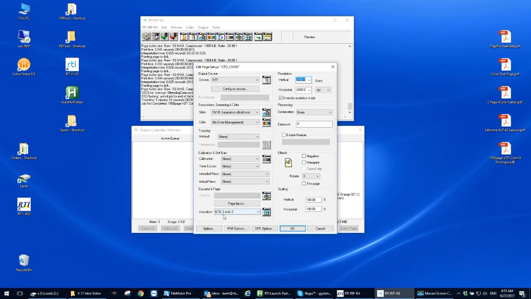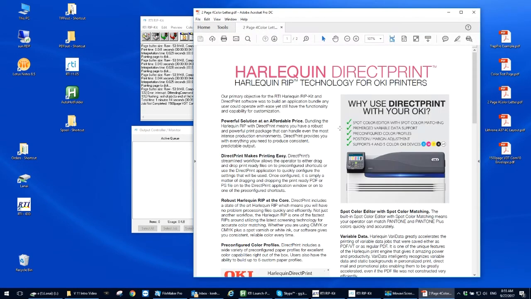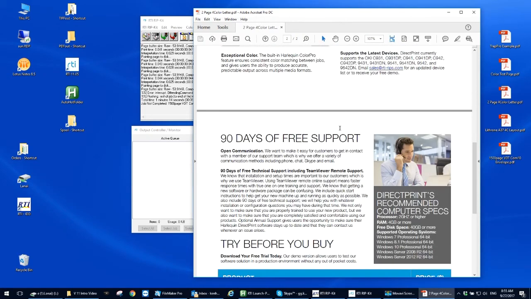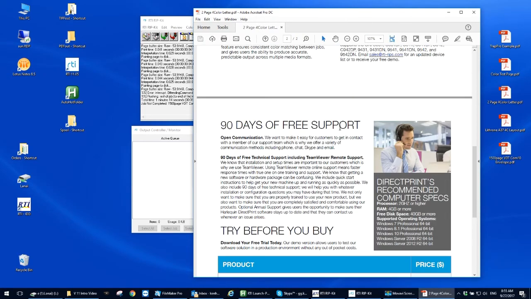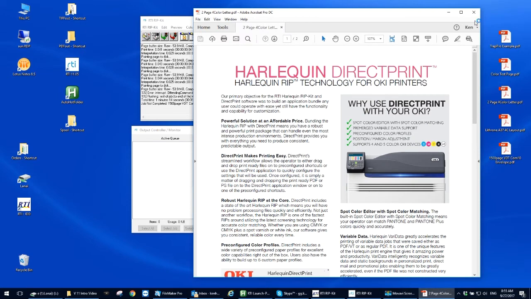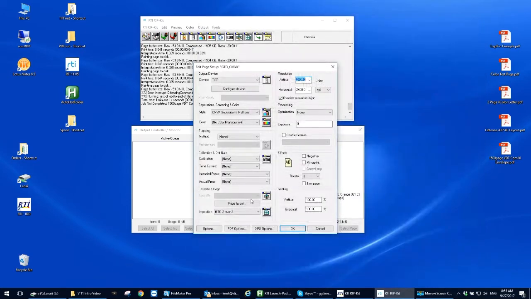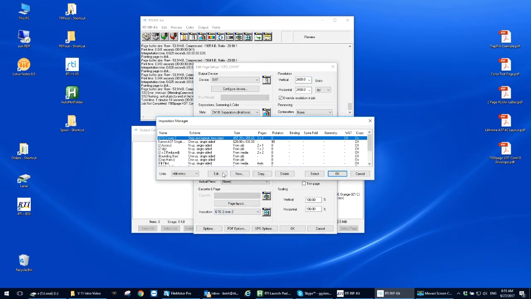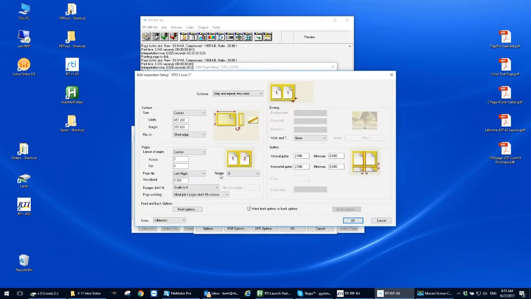I already have one selected here for the GTO press, a 2/2 style for this type of work. What I've got here is a PDF with very simple, just a 2-page letter size. And what we're going to do is get that laid out on our 2-up press stepped 2/2. So we'll go into the Imposition Manager, and to show you how that's laid out, we'll select the imposition setup,